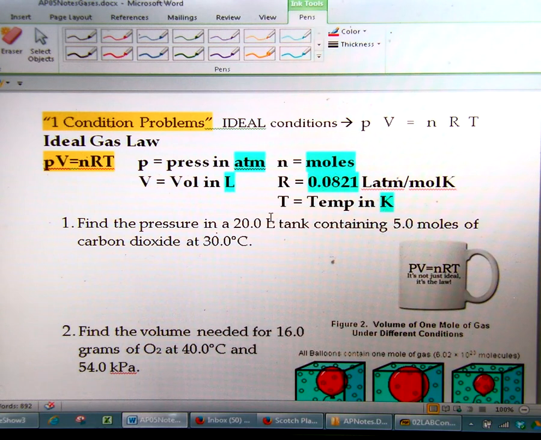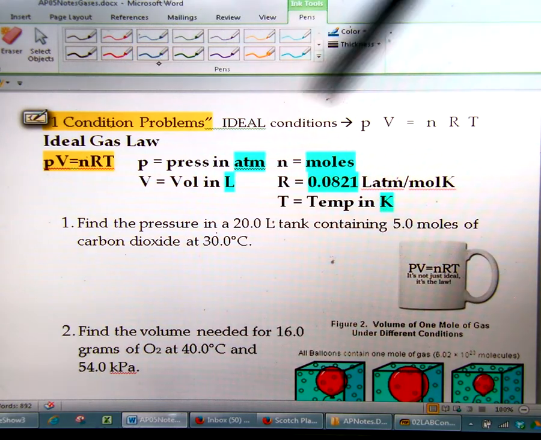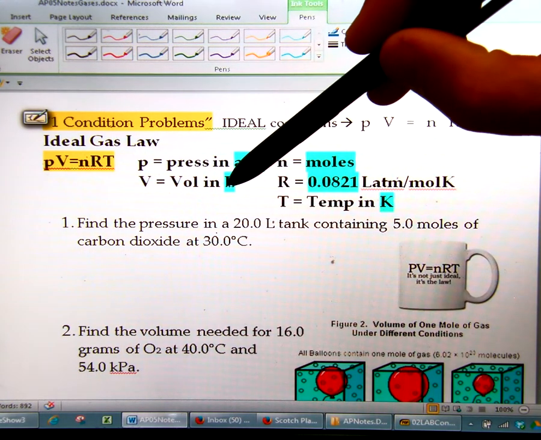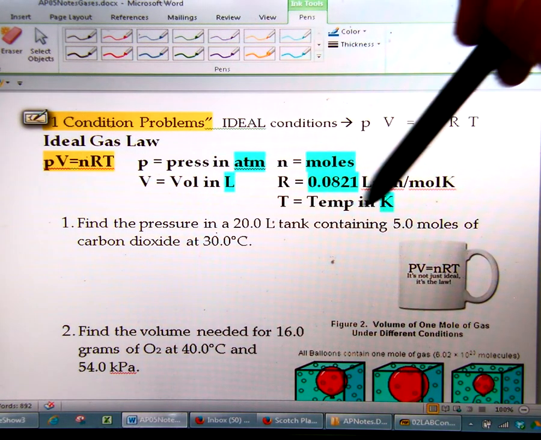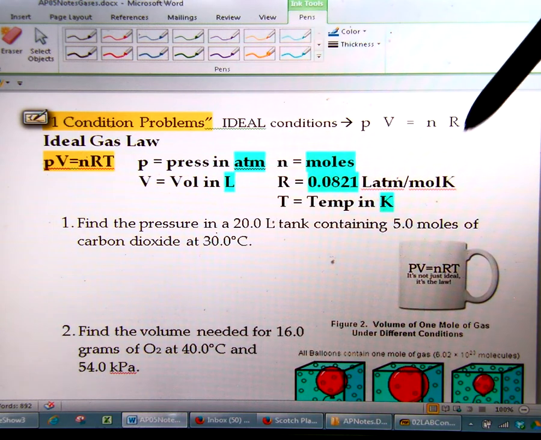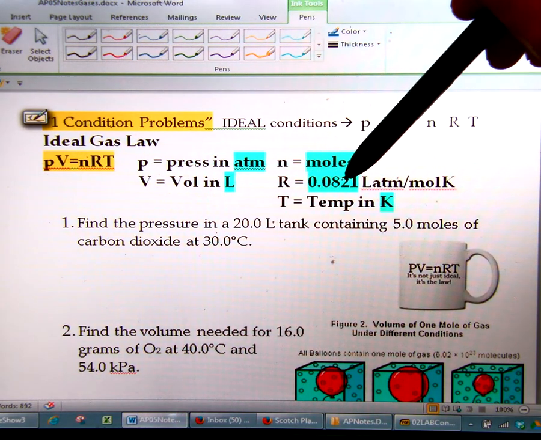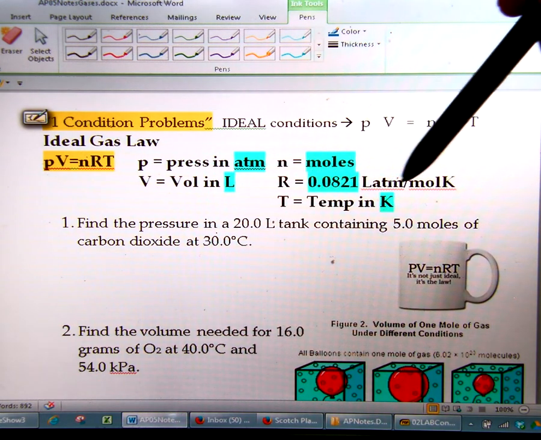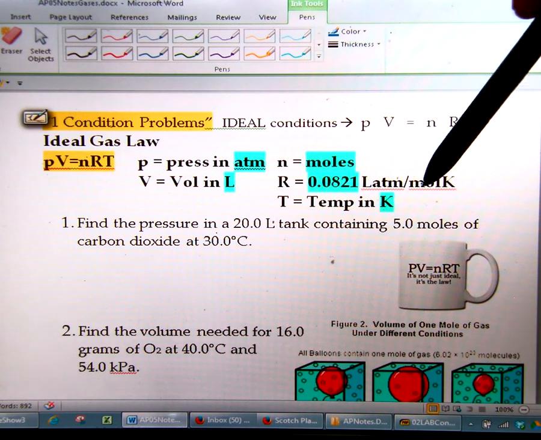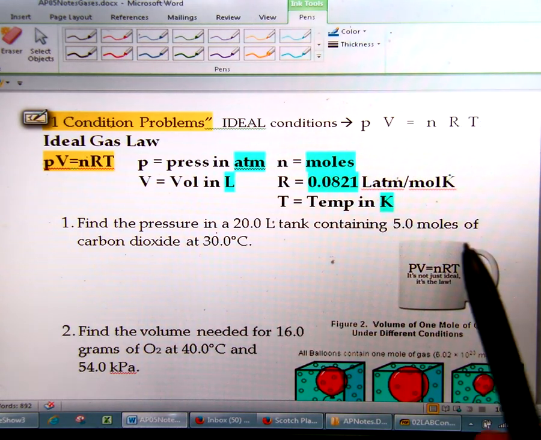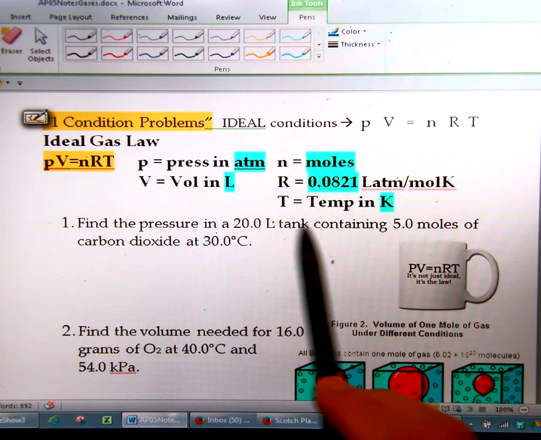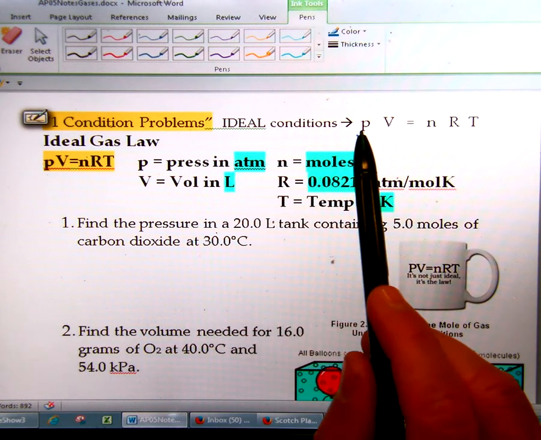We're continuing on the AP Chemistry Chapter 5 notes, and now we're going to look at one condition problems. One condition problems, there's only one way to do it. You have to use specific units that are given in the formula, which are ATMs, liters, moles, and Kelvin for temperature. R is a constant. It's always going to be 0.0821, and the units are liter atmospheres over mole Kelvin. So you have to use these units for one condition problems, which I'm going to say PIVNERT to refer to